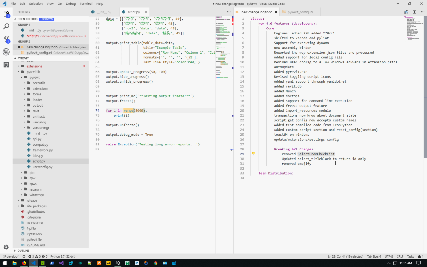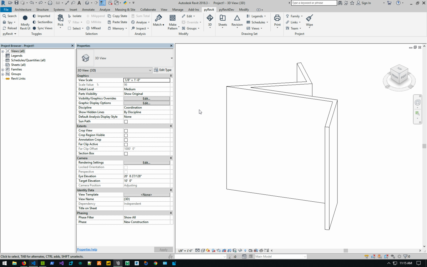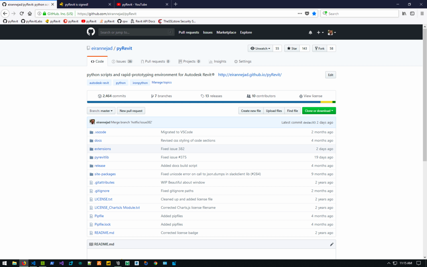And the select from checklist, if you have used it inside your tools, which is also from the forms module, so it would do like forms, select from checklist, that doesn't exist anymore. It's been replaced by select from list. The select from list was available before. It's just that I've extended its functionality to be automatic. So if you say multi-select on that, let's go to,